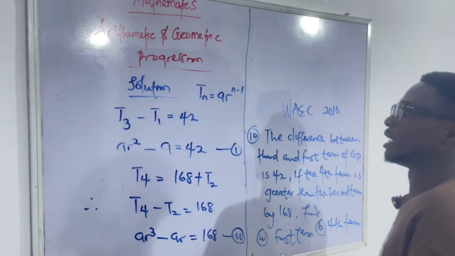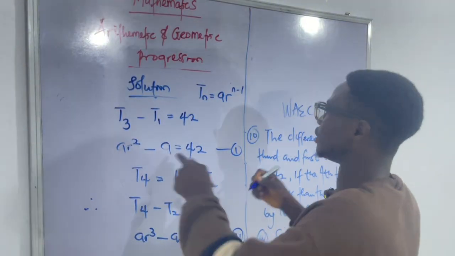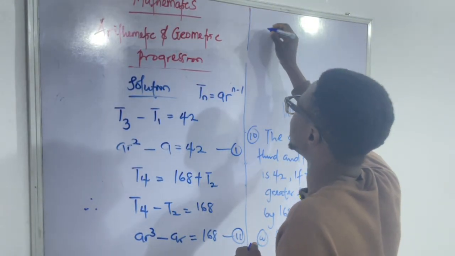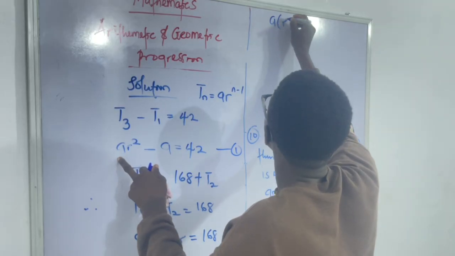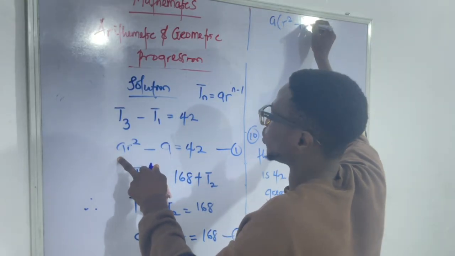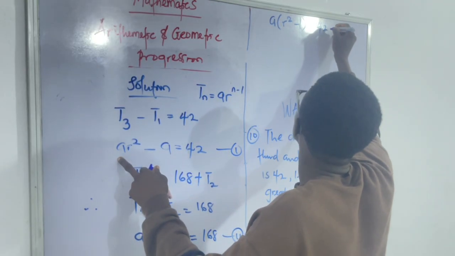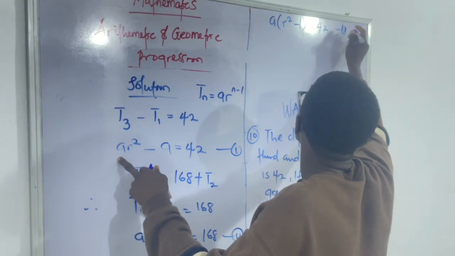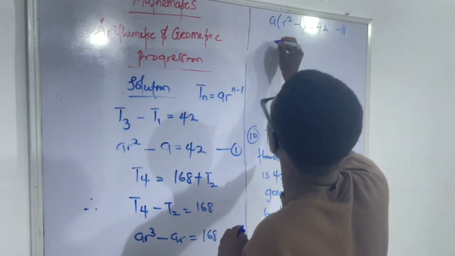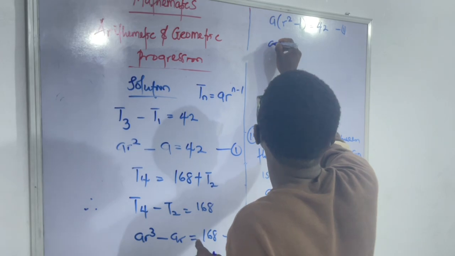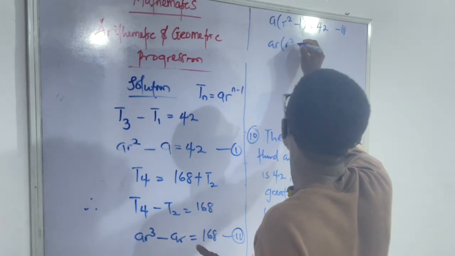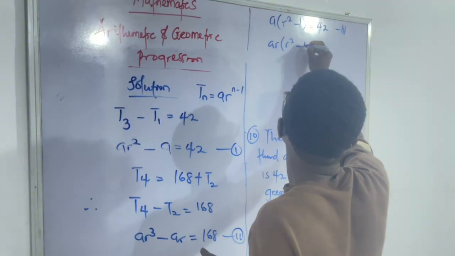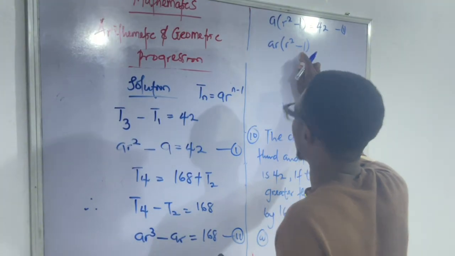So here A is common in equation 1: a times (r squared minus 1) equals 42. So in equation 2, ar is common. If you open this bracket, it will give you